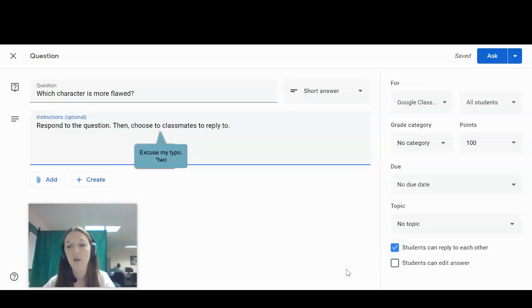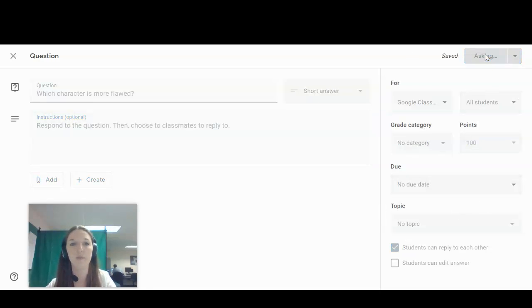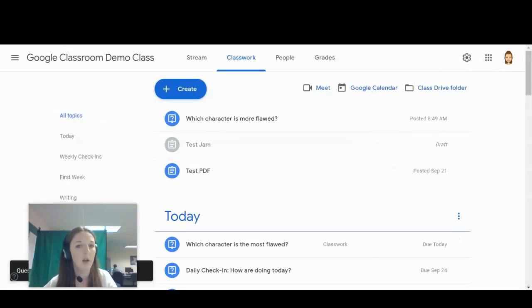You can go ahead and decide whether you want your students to be able to go in and edit their answer after they've turned it in. That is up to you. I'm going to leave everything else as is for now, and I'm just going to go ahead and ask this question. All right, so now I'm going to pull over my first student account,